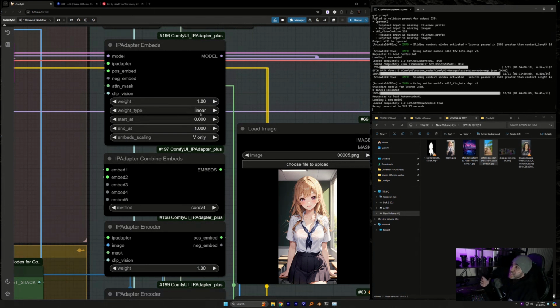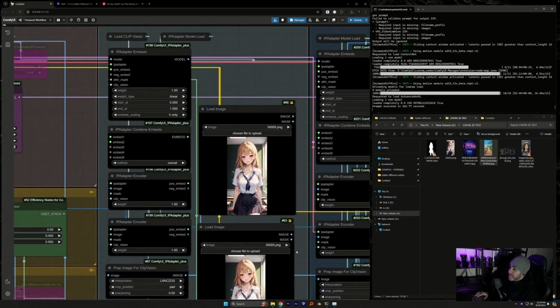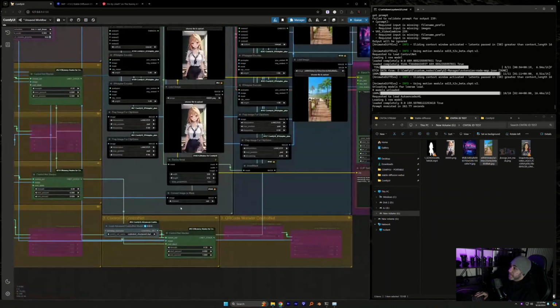And if you want to mess around with the look, there are all of the different weight types. I usually go back and forth between linear, ease in, out, and strong style transfer. Before I land on an animation, that's something I do now: I test a couple frames from each one of those to see the difference and see how they affect one another. So that is your subject IP adapter.